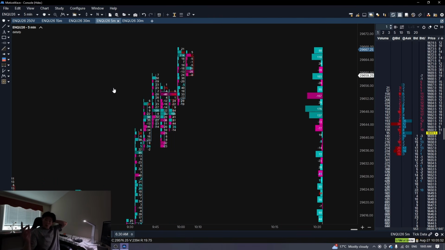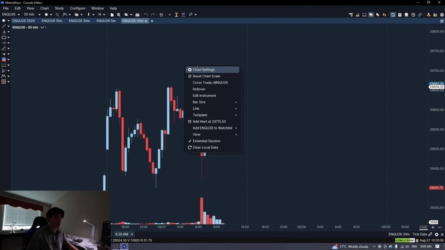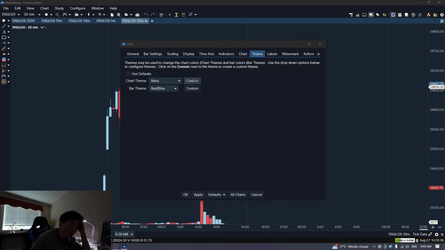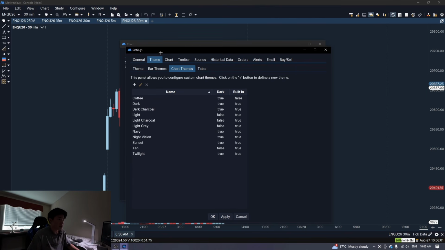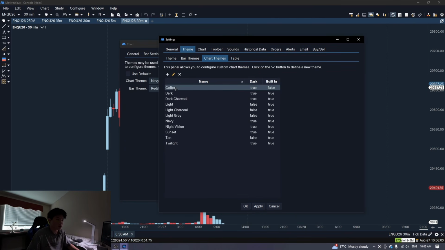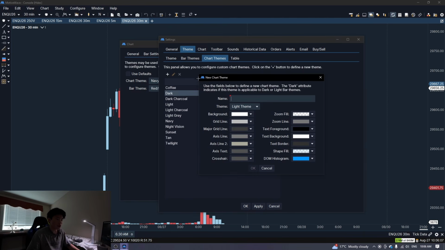So anyways, how do you actually set this up, right? Coming into this chart, the first thing you want to do is change the colors. So you go to themes, go to custom, and there is a huge ton of settings you can choose. I like the dark. I created my own, where you just add and start putting a bunch of these, you kind of play with it. Dark theme,